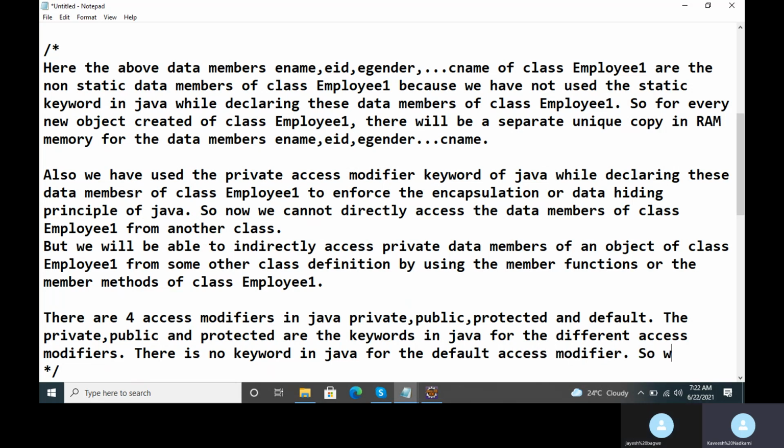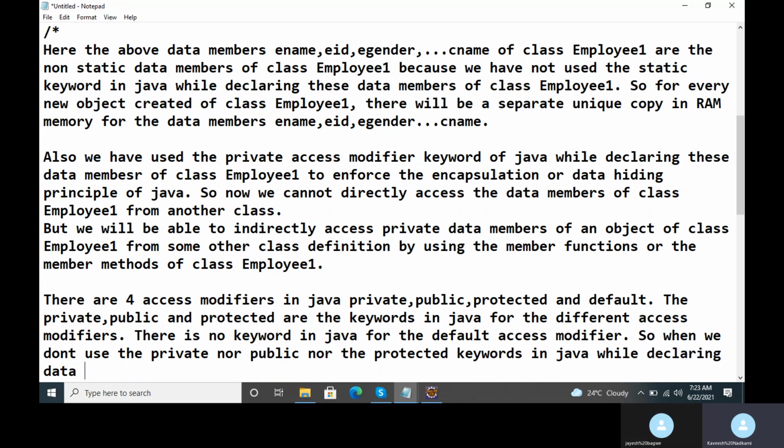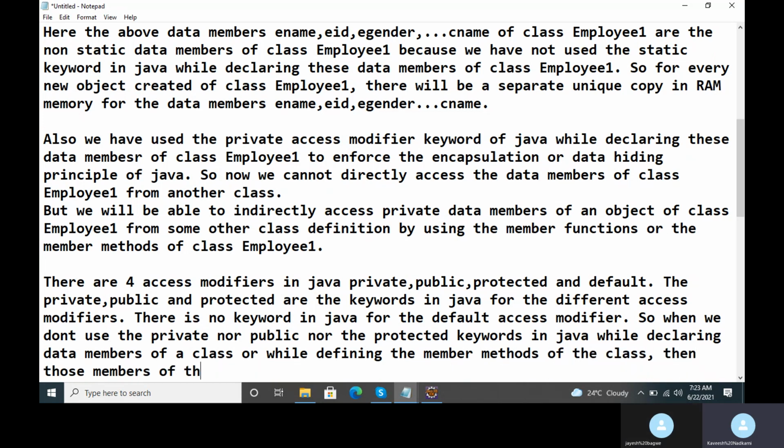So when we don't use the private, public or protected keywords while declaring the data members of a class or while defining the member methods of the class, then those members are considered to have the default access modifier in Java.